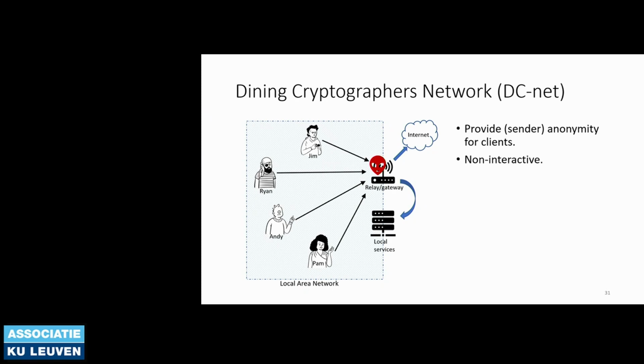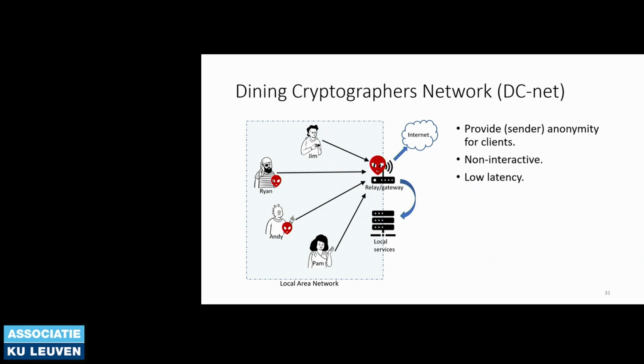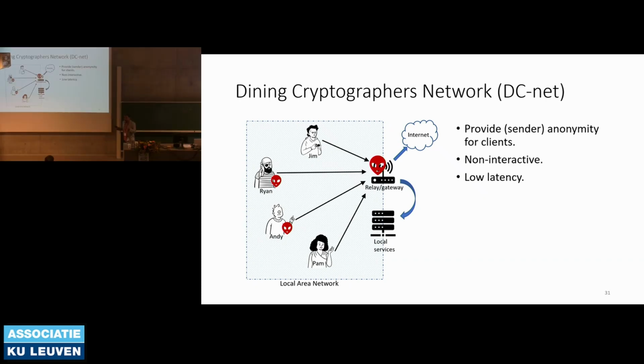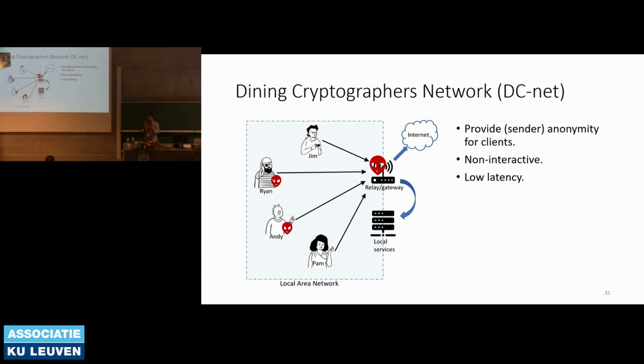And probably they don't want to trust each other, and that's why they don't want explicit communication among them. They will only talk to the relay or gateway and try to run the protocol, and still want to achieve anonymity and low latency, in the sense that you want to support multiple applications, for example, video call, audio call, conferencing, browsing. Probably even Tor is not capable of supporting audio calls or video calls. Then how do you do that?